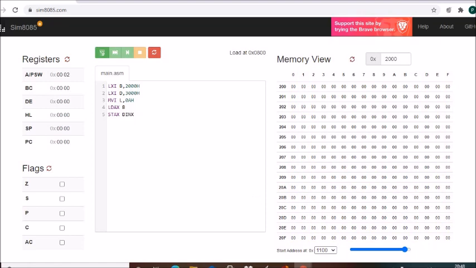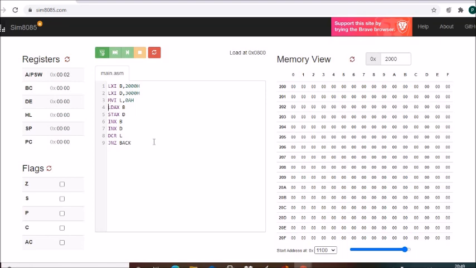One transfer is done, so we have to go to the next memory location: INX B, then INX D. Then we have to decrement the count, DCR L, then jump if not 0 to back. Until the count becomes 0, we have to go back.